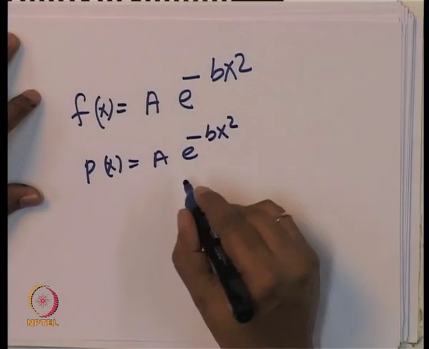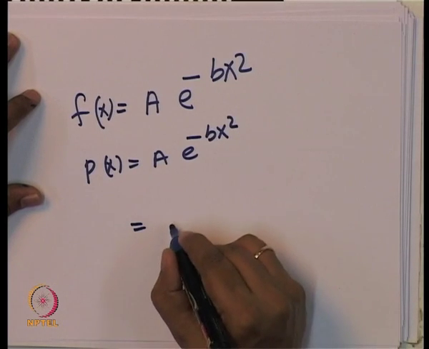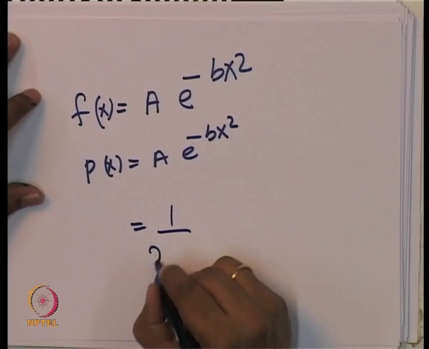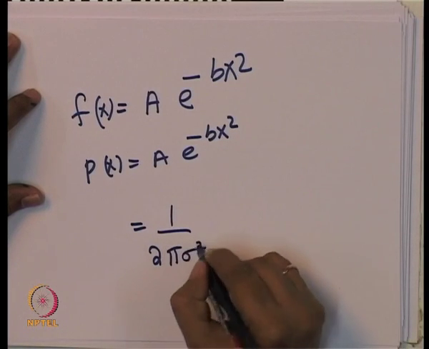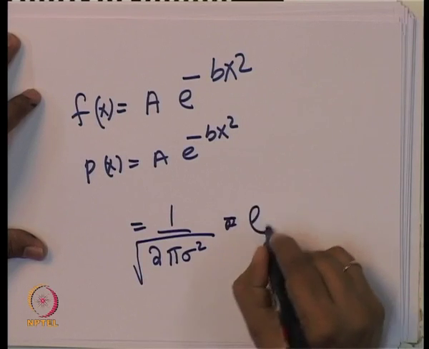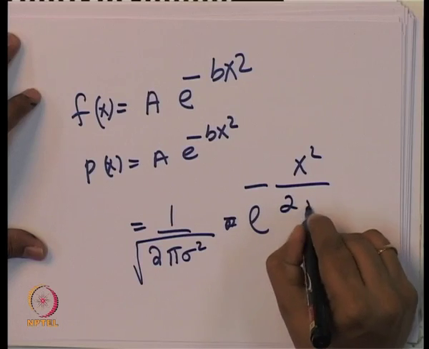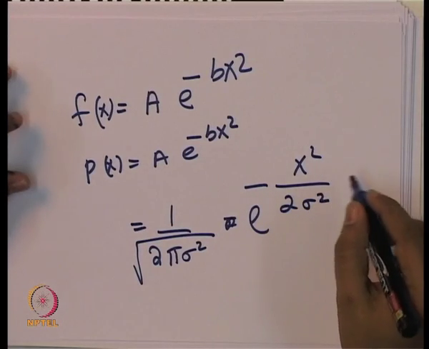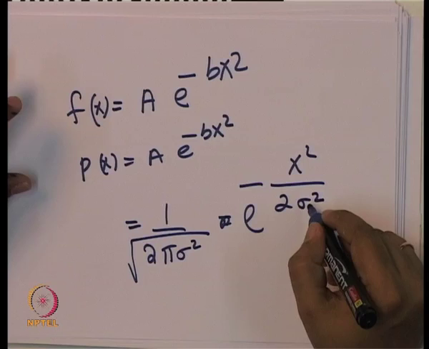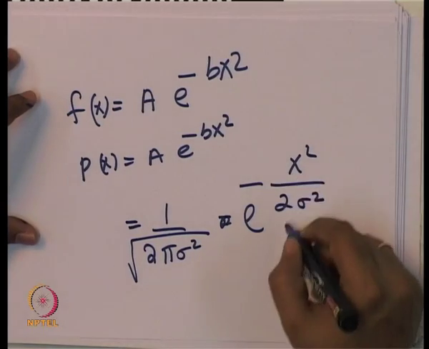We know that this is nothing but 1 by root of 2 pi sigma square, into e power minus x square by 2 sigma square. So, when will sigma be equal to